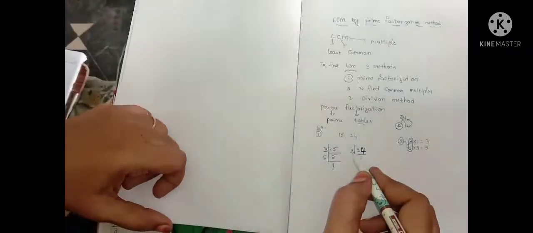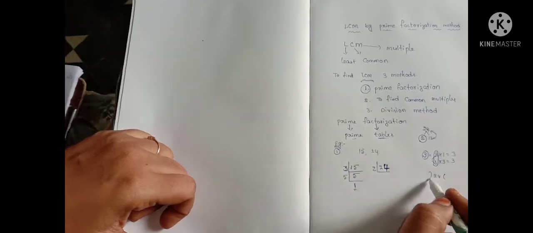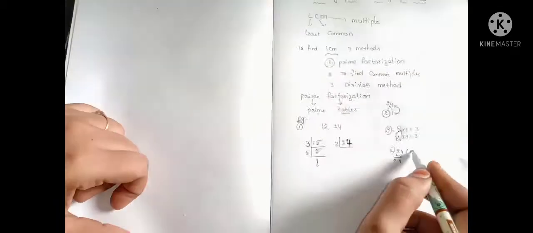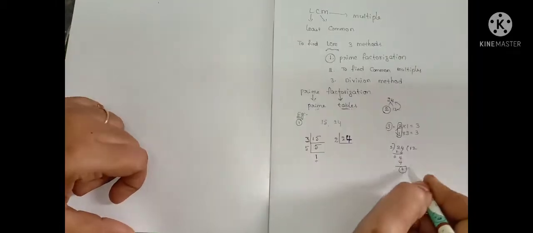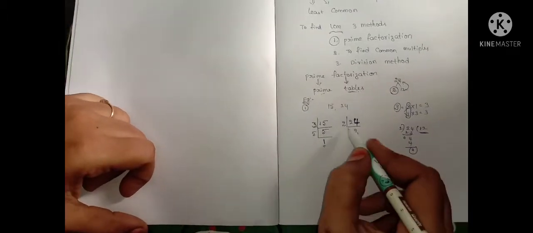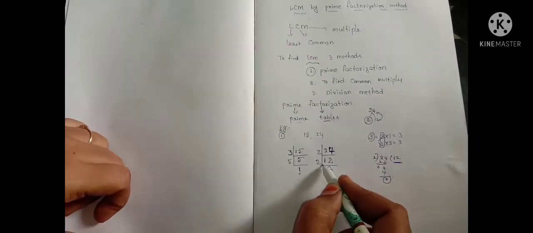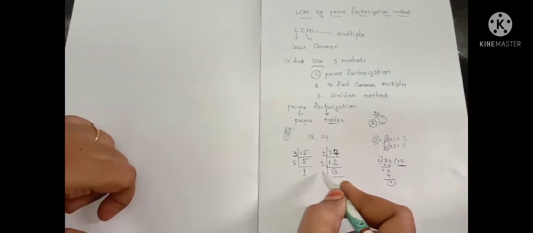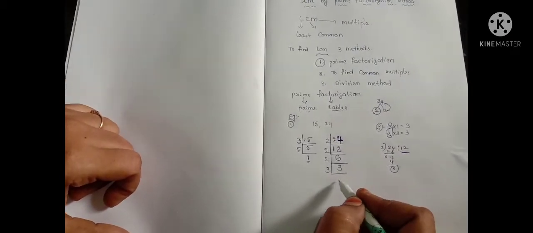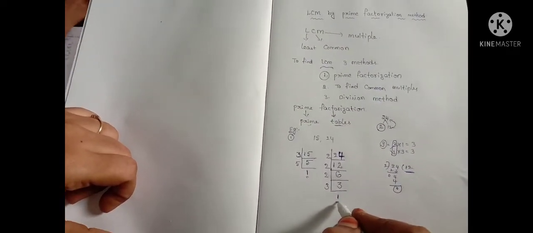If you don't know how many times 2 goes into 24, you can do the division. 24 divided by 2: 2 ones are 2, 0, 4 bring down, 2 2s are 4, remainder 0. It came 12 times. Next, 12 is possible in which table? The 2 table: 2 6s are 12. And 6 is possible in which table? 2 3s are 6. And 3 is possible in the 3 table: 3 ones are 3. Last, when 1 comes, leave it.